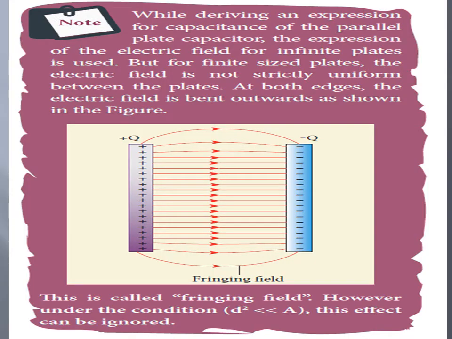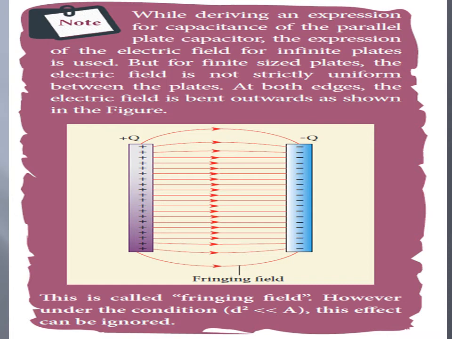Next, in all these cases we saw infinite plates. Now, suppose you have a finite plate. Then what happens is, at the ends the electric field bends, and this field is known as a fringing field. Now, while deriving an expression for capacitance of the parallel plate capacitor, the expression of the electric field for finite